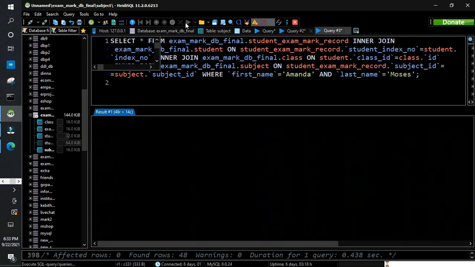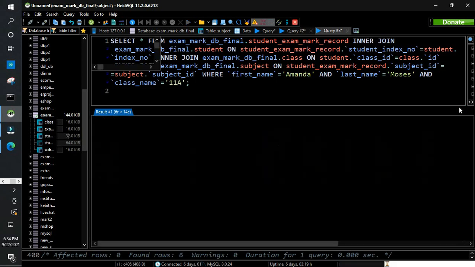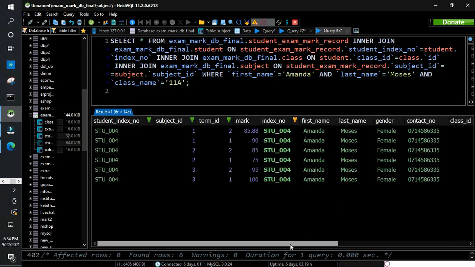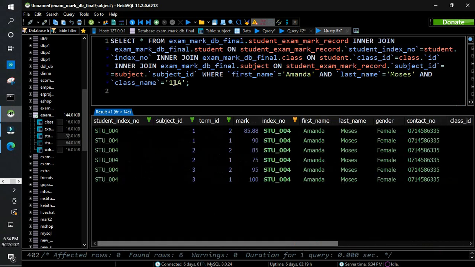So now we have all the details of Amanda Moses only, and we must specify the class name. So class name is 11A. Now we have filtered out the same details because Amanda Moses is not in other classes, only in 11A, but according to the question they have specified 11A, so we just introduce that.